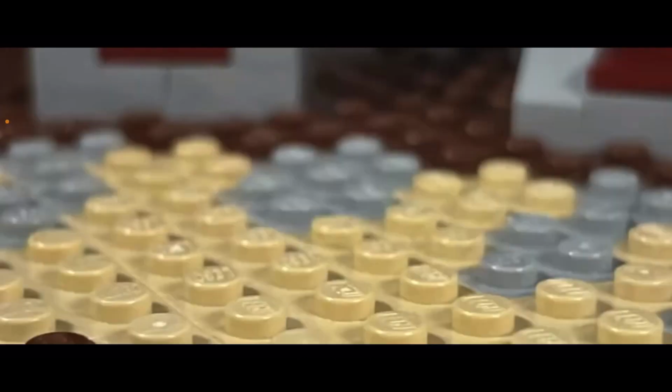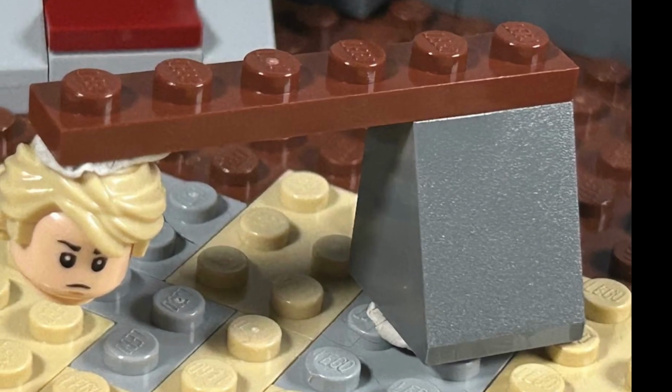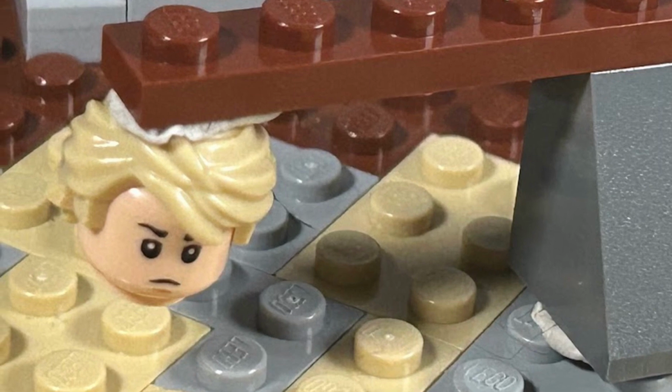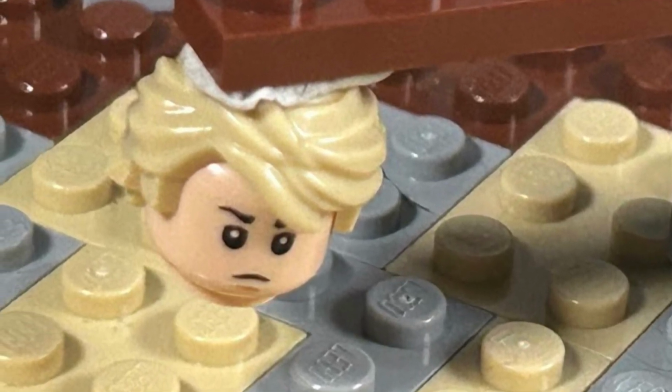So when his head falls off, for that first part where it's in the air, that's similar to the legs, how it's attached from a thing. And then it falls and clatters to the ground. And that sound effect of the head hitting the ground was used a few times in the